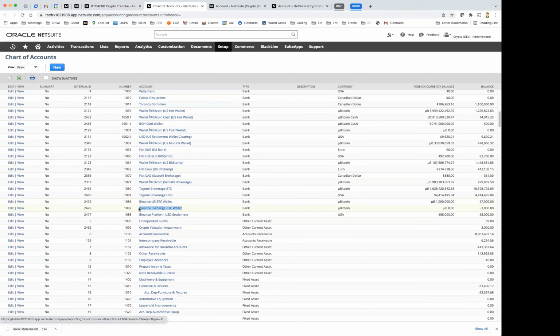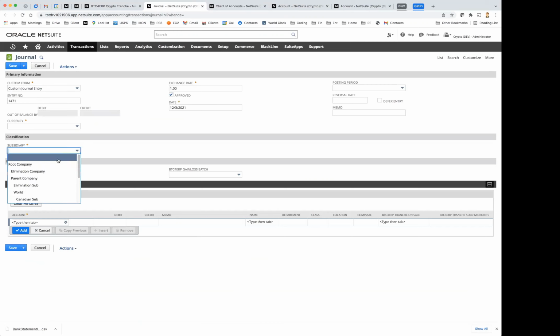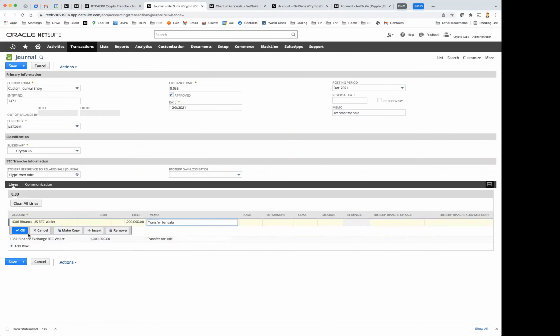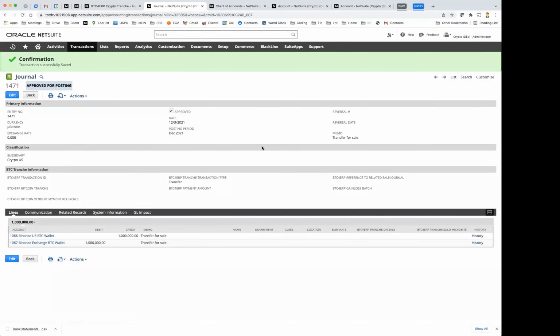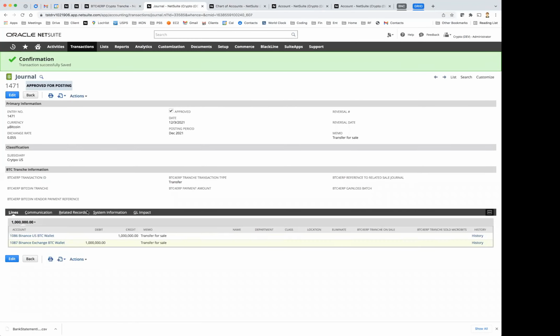Let's move it to the exchange to sell. So that is a straight transfer from one account to the other. We'll do our, so it found that price. Okay, so let's transfer. Now, when transactions with Tranche Manager are created, it uses this field right here to identify what type of transaction it was. You can see right here, it's an acquisition. This is a transfer. And so when we saved this, it looked at the journal entry and said, oh, I'm